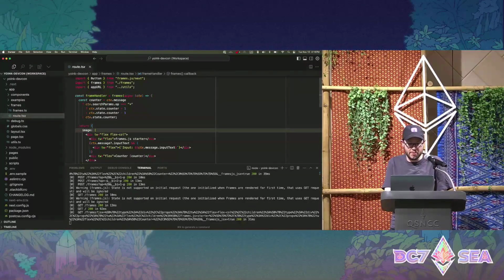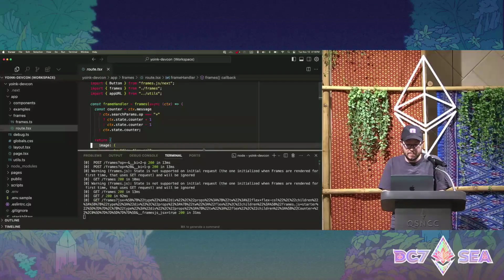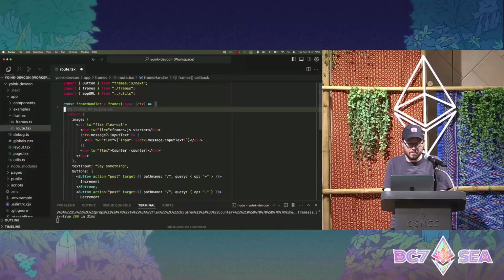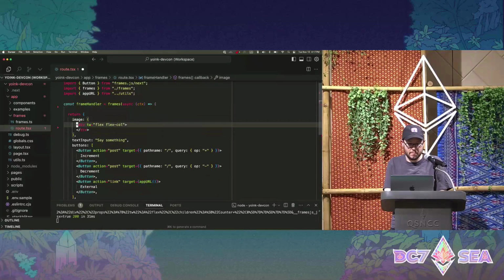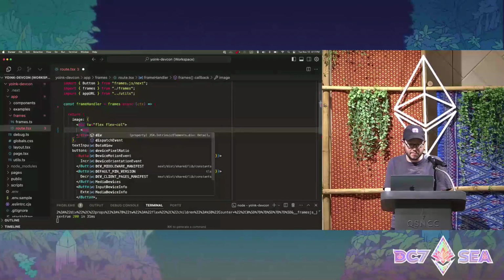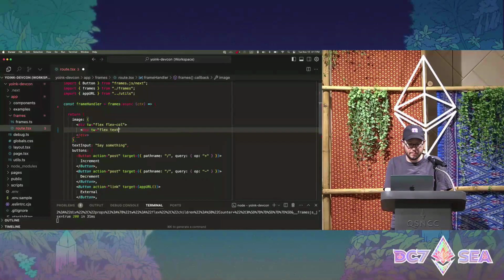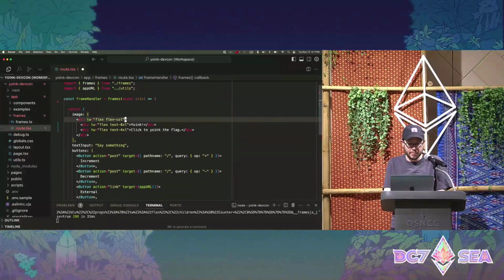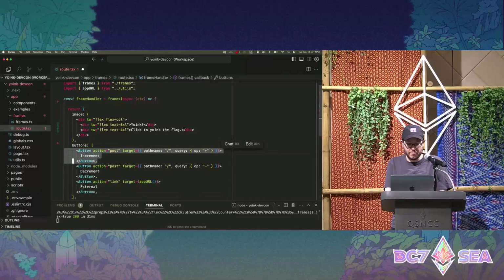So we'll come in here to our entry point route. Let's define some simple text in here. Yoink. We'll remove this text input, remove these buttons.